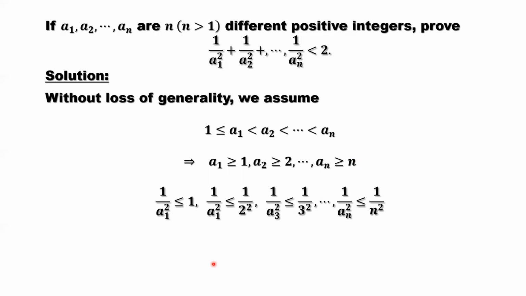We flip both numerator and denominator at the same time from those inequalities first, then square both sides. Consider the reciprocal. Look at the last one. AN is bigger than or equal to N. If we flip both numerator and denominator, we see 1 over AN, and the right-hand side should be 1 over N.